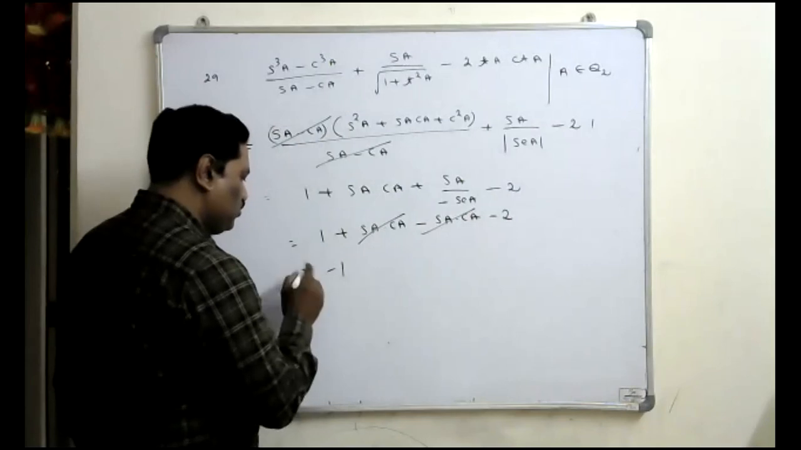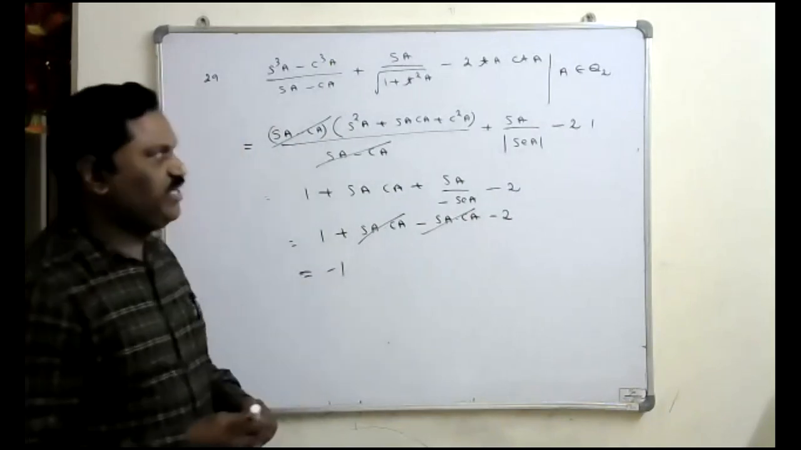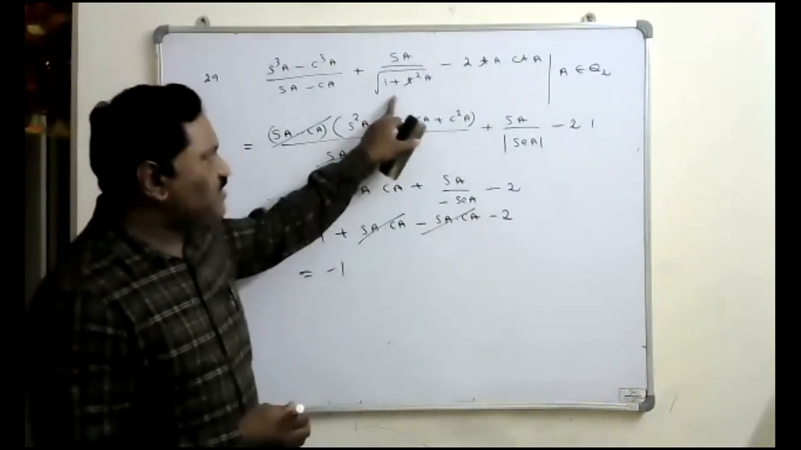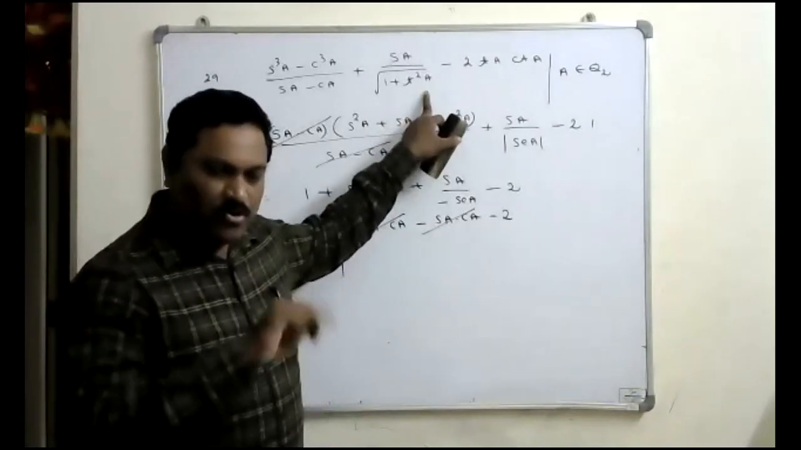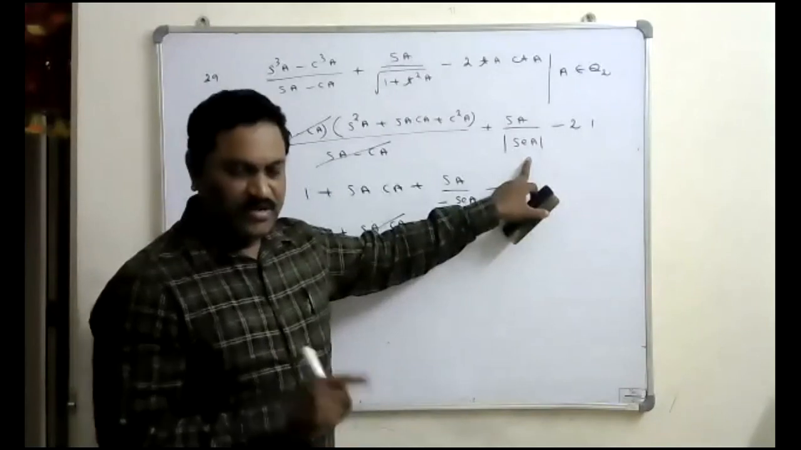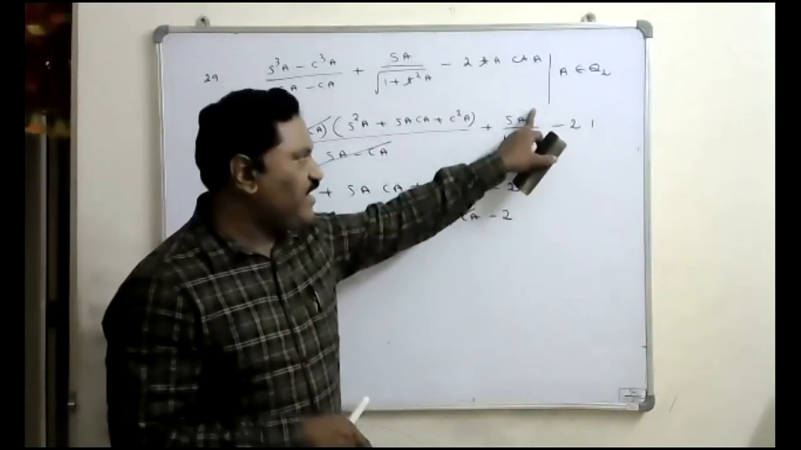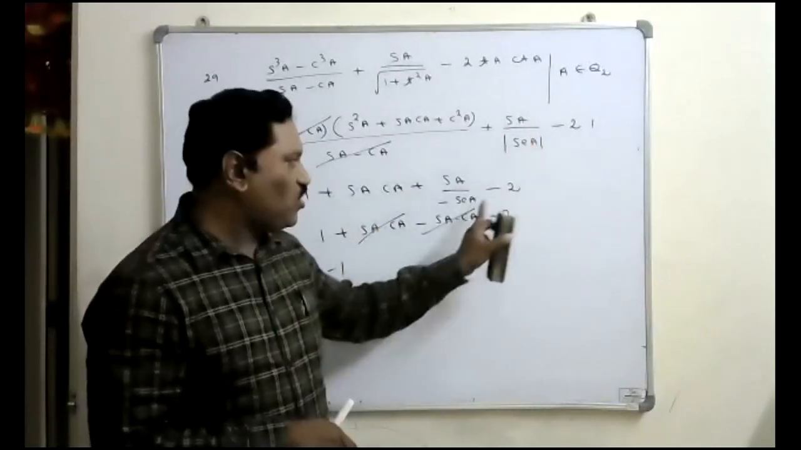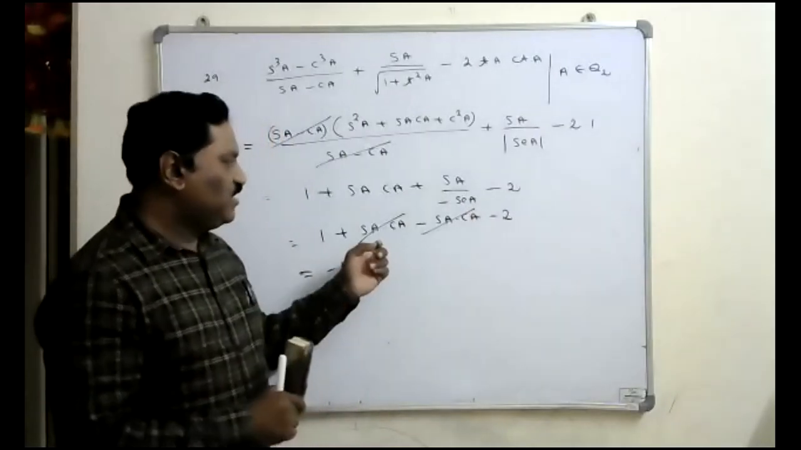Generally in this problem, the mistake we make is that 1 plus tan square A means secant square A, root of secant square A, and we directly write secant A here. Directly writing secant A, we get sin A by secant A, that is sin A into cos A. They directly write that. And sin A cos A plus